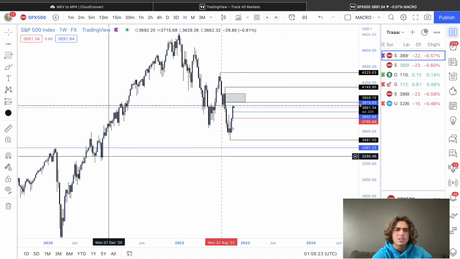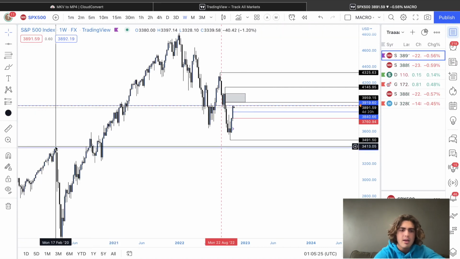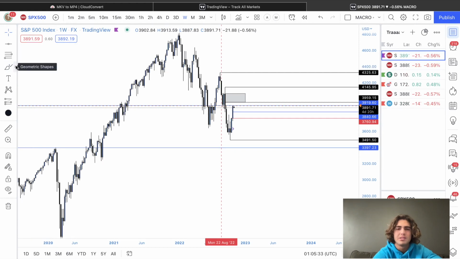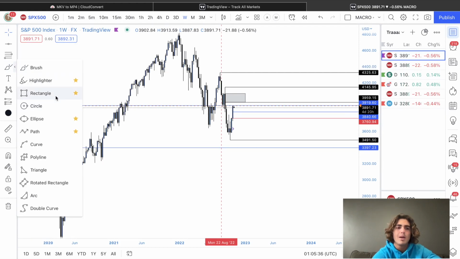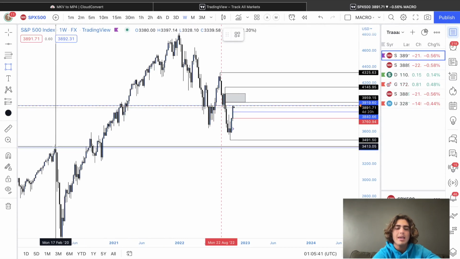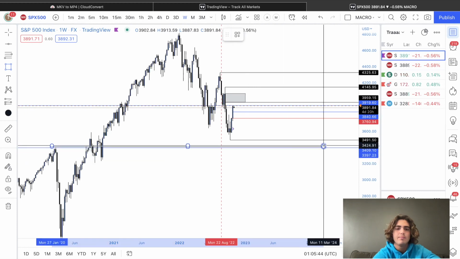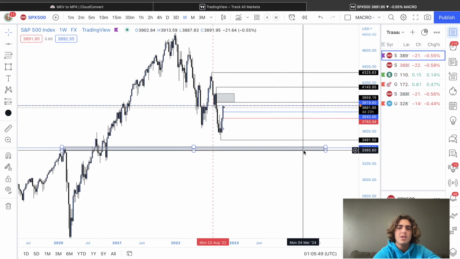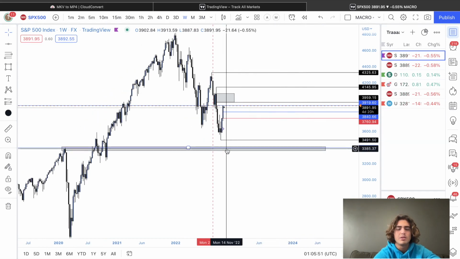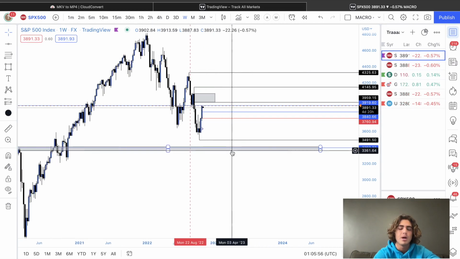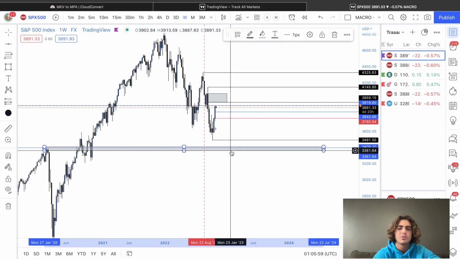So, right, these lows, this is going to take a while. We could really just plop this one right on top of this high prior to COVID, right? This looks like a great area as well. Really just targeting long-term areas of support and resistance. And for me, when I think the market will come here, I can't give you guys an exact area that the market's going to come to for long-term takes, okay? Because we don't know what the market's going to do once it gets here, right? I'm not going to say we are for sure making the bottom here. No one knows when the bottom's going to be in. We're just waiting to react off of it.